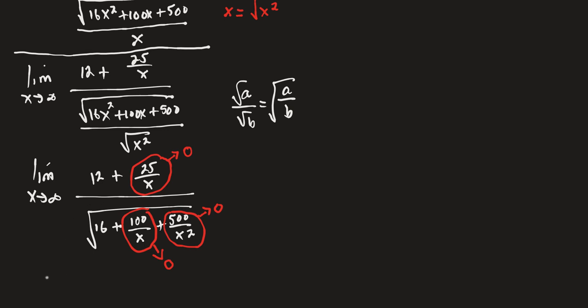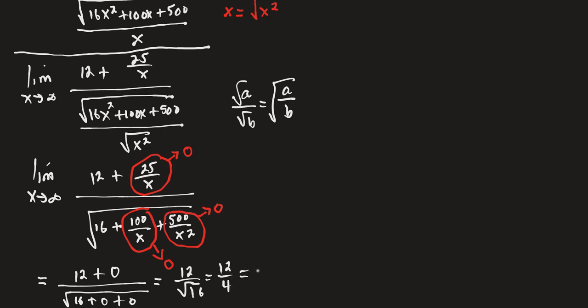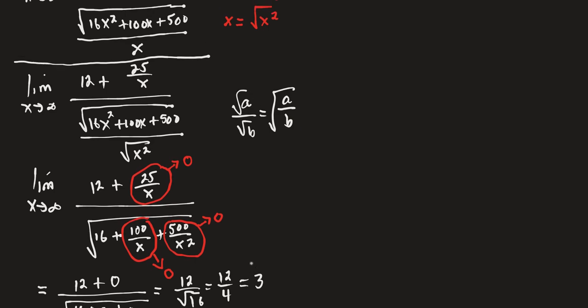So what's our final answer? So now that we can evaluate it, we can stop writing the limit, and we're left with 12 plus 0 over the square root of 16 plus 0 plus 0. So that's 12 over the square root of 16, which is 12 divided by 4, which is 3. All right. So again, we got an answer of 3. Let's go back up here,